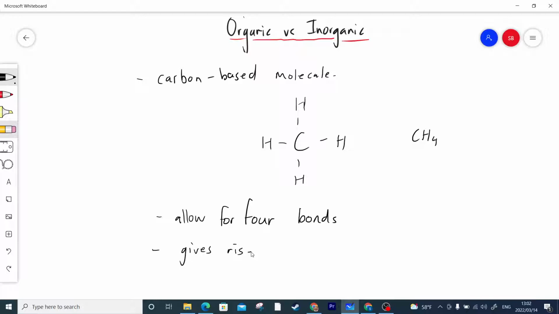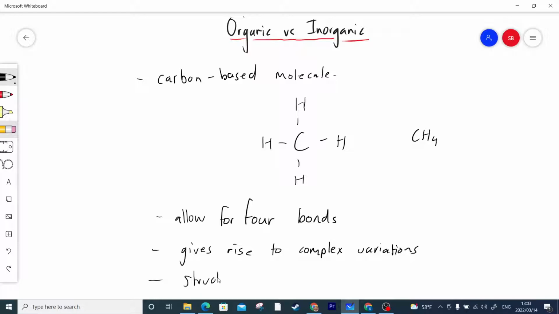to complex variations of molecules. And of course, if you've got complex molecules, you're going to get complex organisms, like animals, like us as humans. We are very complex organisms. The reason why we are complex is because we have carbon as a central element to